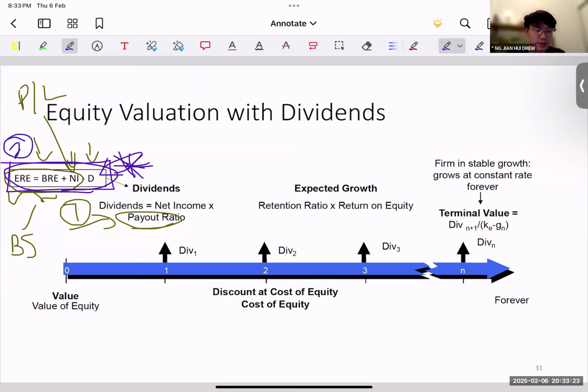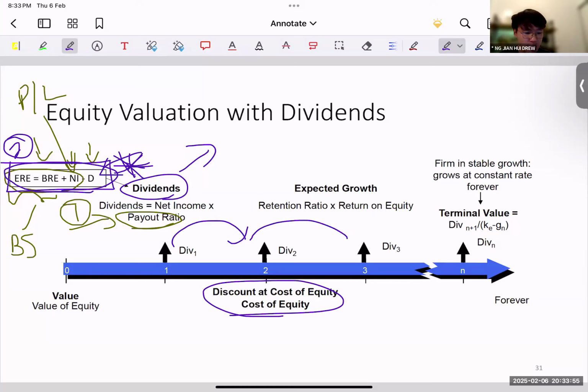Now, having your dividends ready, how do we value a firm? We know that dividends are given to one kind of holders: equity holders, shareholders, you're right. Which is why we're going to discount on the cost of equity basis. After that, we need to determine the growth, because our dividends are going to keep on growing every year. So we need to determine the growth factor, which equals the retention ratio times return on equity. In the next slide, we'll talk about it in detail.